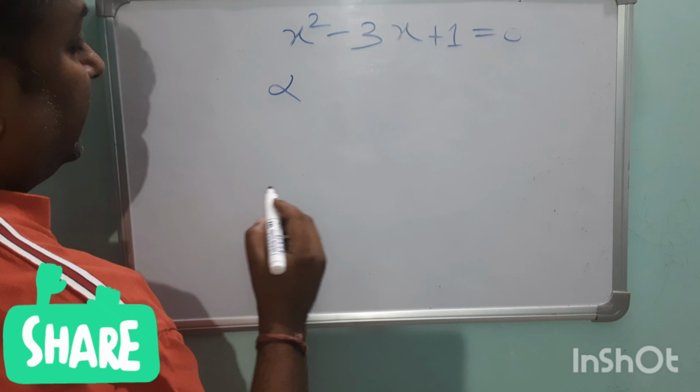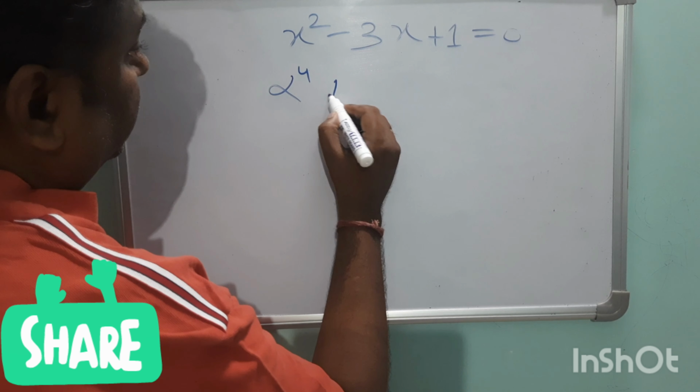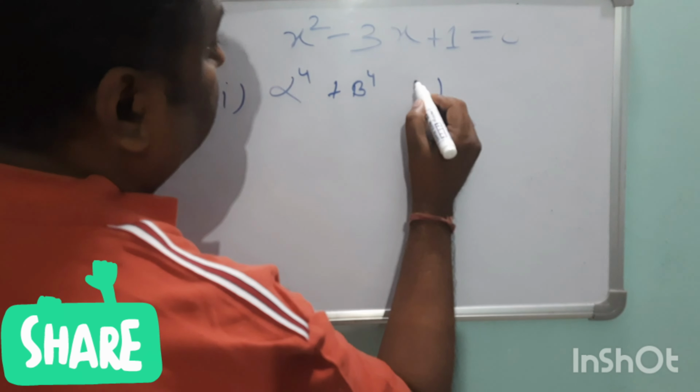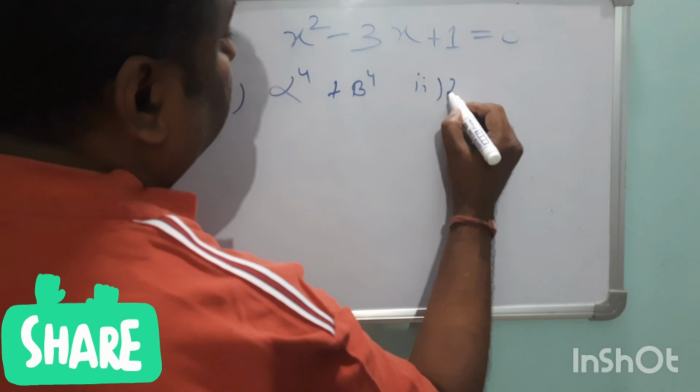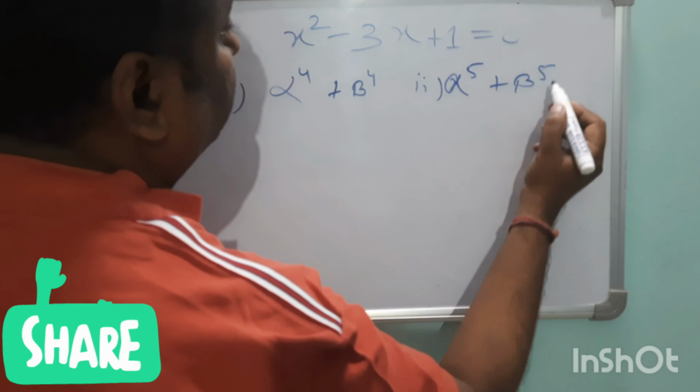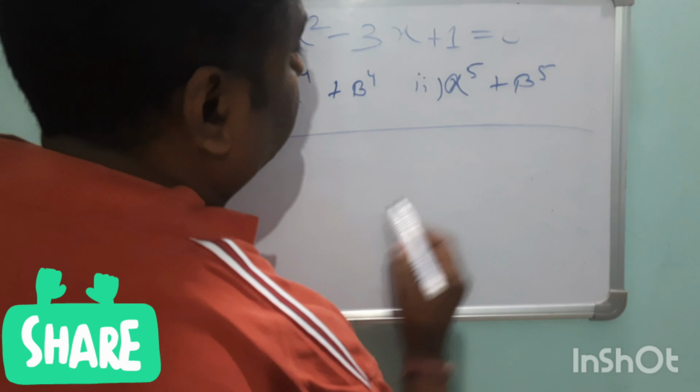Let us try to find alpha 4 plus beta 4 and alpha 5 plus beta 5. Please try by yourself